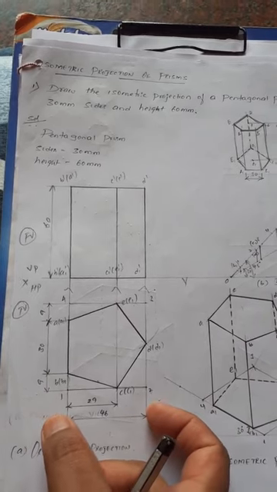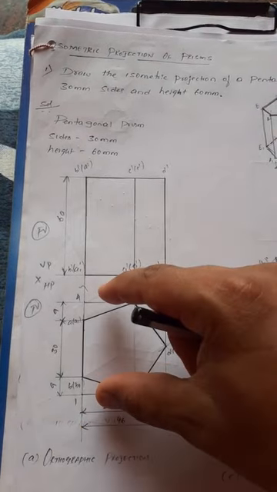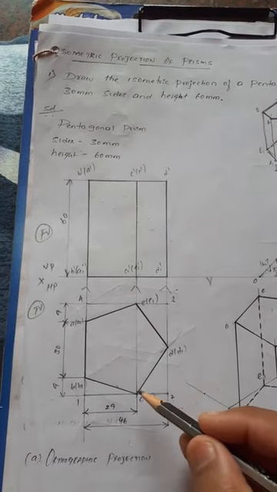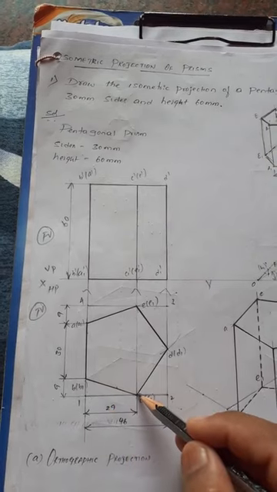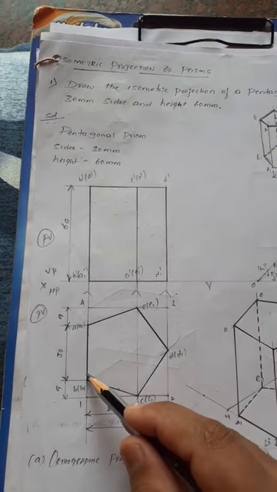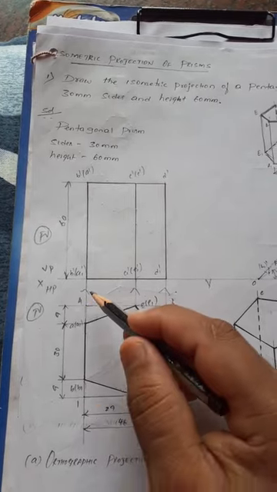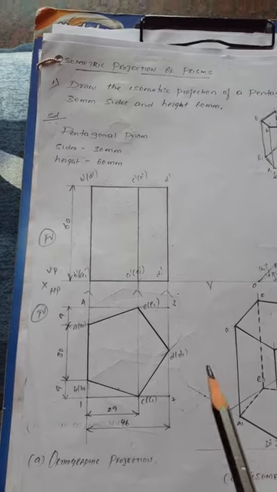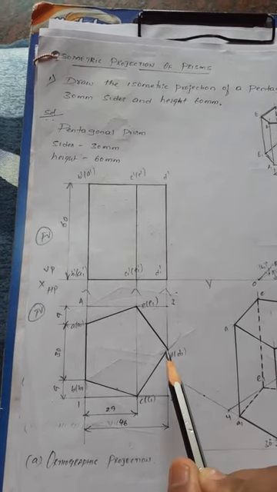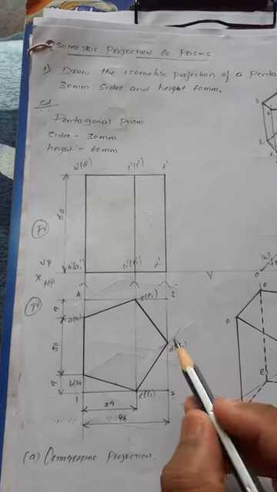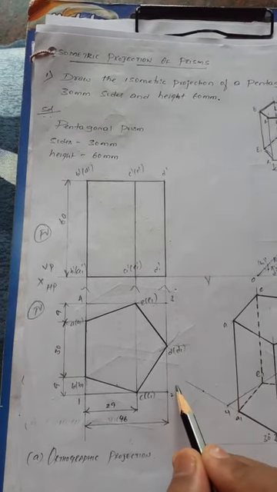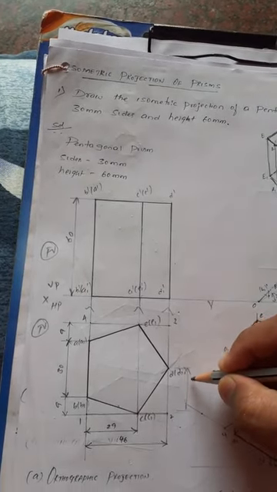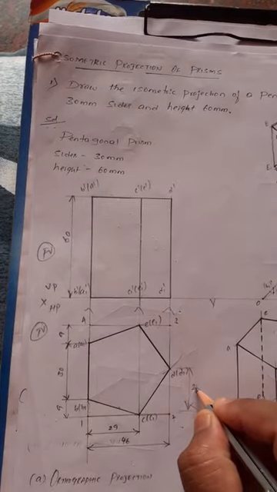What is the distance from 1 to 2? It is 46. Then 1 to 4 is around 48 mm, right? Then similarly corners from the rectangular box, see it is almost 29. From 1 to B1 it is 9, and 4 to A1 also it is 9, right? From 2 to D1 it is half of this rectangular box. I have not mentioned how much. 48 divided by 2, how much is it? 24, right? 24.